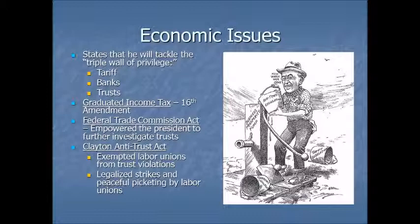It also emphasizes what was already really the law. It legalized picketing and work stoppages as tools that unions can use. Now, again, it was really already there. The First Amendment already says you have the right to peaceably assemble, but it went through and put it in statute. Okay? All right, let's talk about this cartoon a little bit,